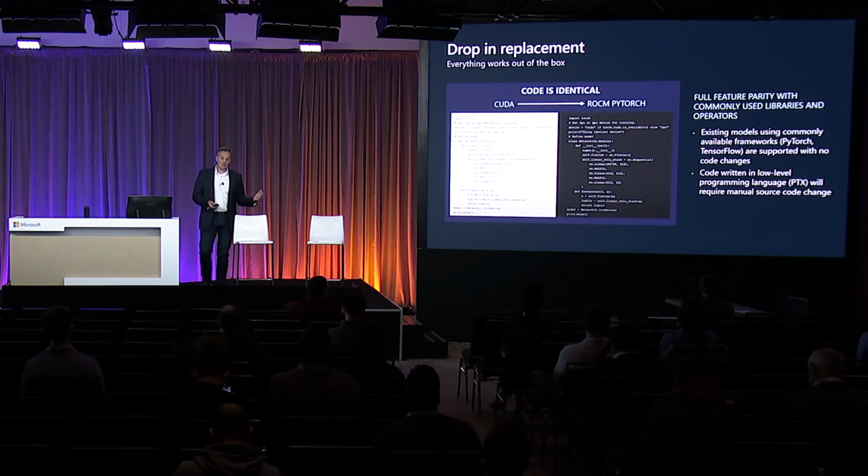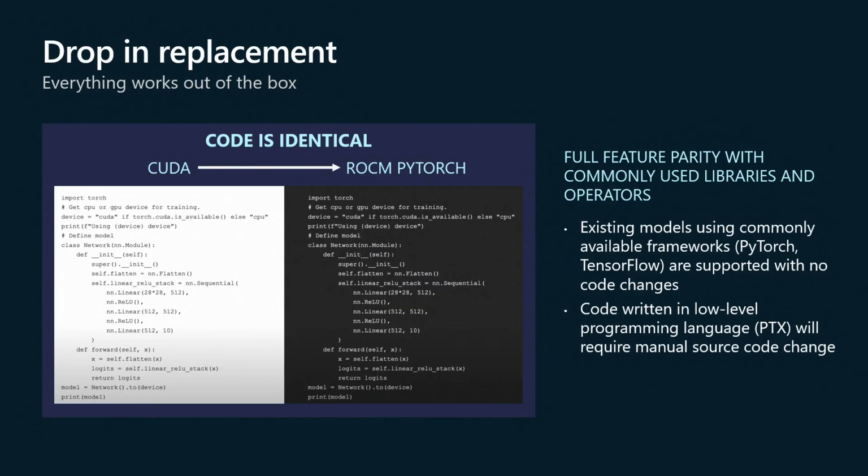If you're using an ML framework, or if you're in IT teams and your customers are using ML frameworks, it's drop-in. On the left, you have CUDA code. On the right, you have ROCm code. And you can check me, it's exactly the same. Even the moniker for the device is still called CUDA. Arguably, we should have changed it to ROCm, but that would break the no code change rule. So you can see from the get-go, there's zero change required.